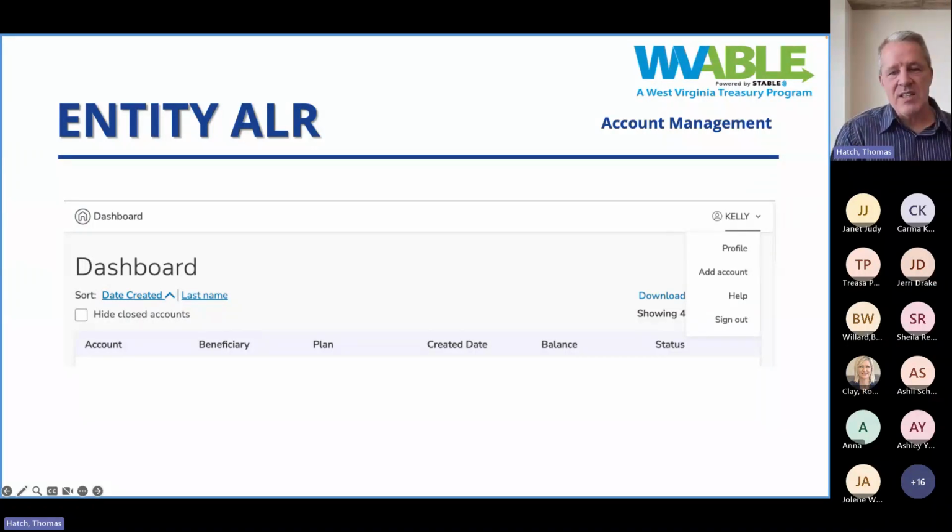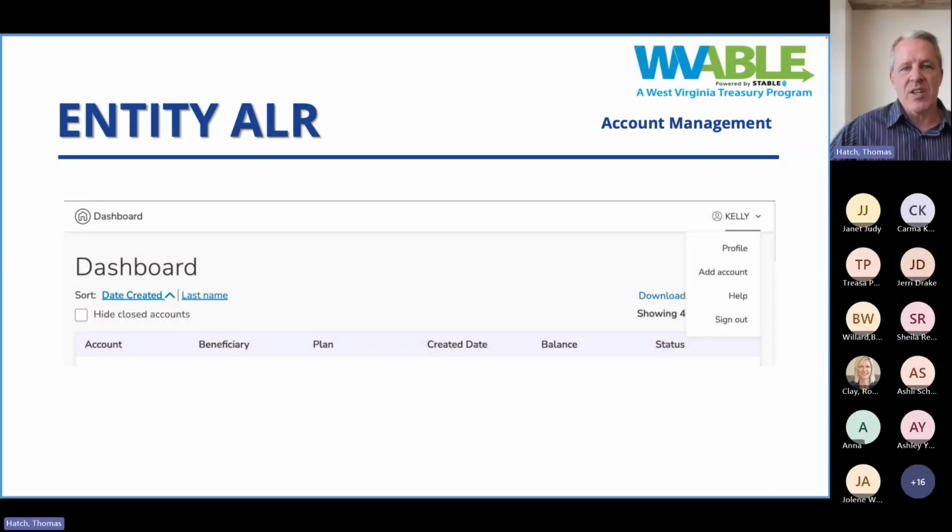Now, as we head back to the dashboard, this is also something I wanted to highlight as far as the ease of adding additional accounts once you've put yourself in this particular structure. So once you have at least one account that you're managing, when you go into this dashboard, at the right of the dashboard, in this case, we have the name Kelly. There will be sort of this person-looking icon, and then the name of the organization or whoever is registered under that account.